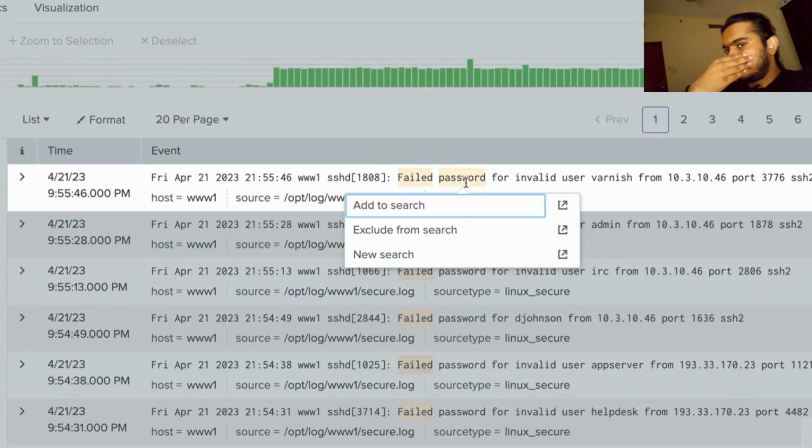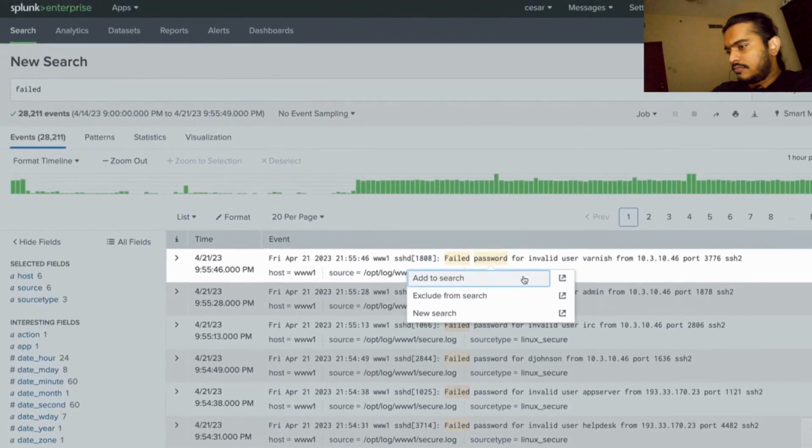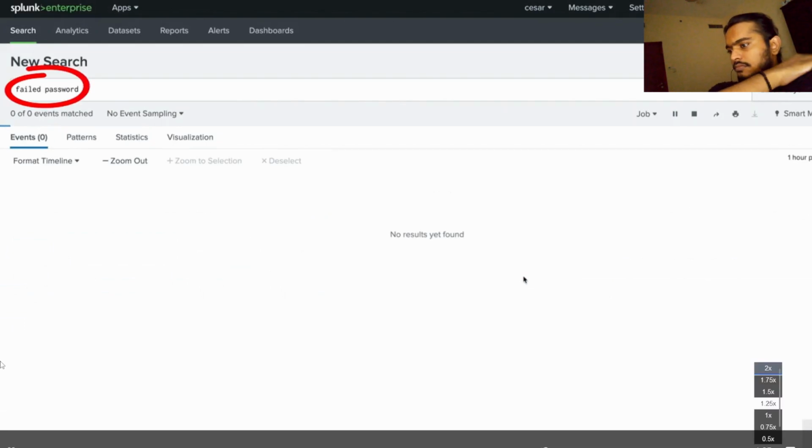Clicking on the highlighted text allows you to add that text to the search, exclude events that contain that text, or launch a new search using the text. Each option has an icon that will open the redefined search into a new browser window. We add password to the search, and